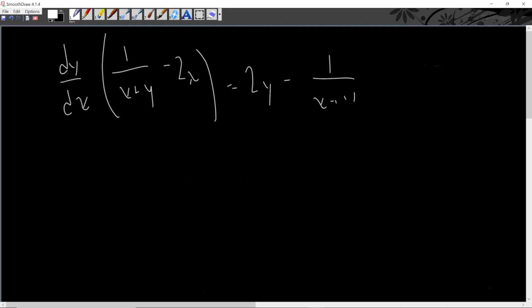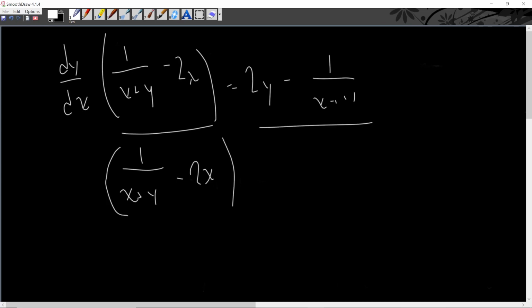So we're simply going to divide by 1 over x plus y minus 2x. I don't know why I'm writing these fraction bars so large. And then from here, I know my handwriting kind of deteriorated right there, but it's going to be 1 over